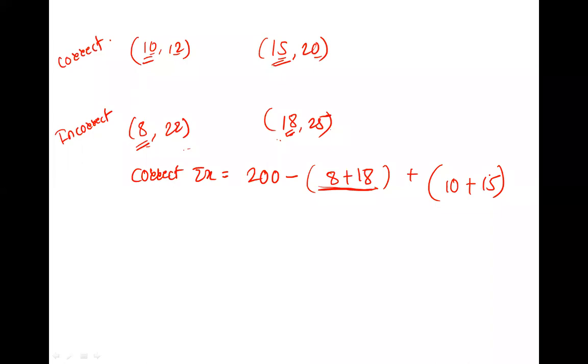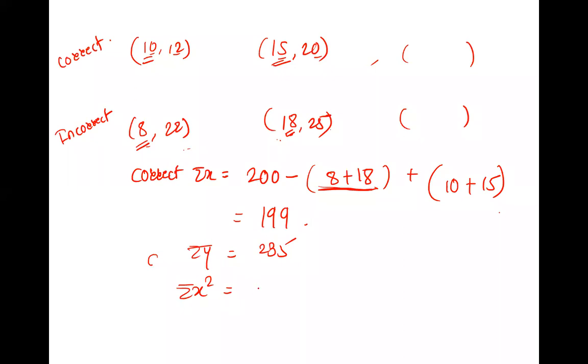If you did something else, please correct it here. As there are two numbers given, you will add them first. If there is one more also, then you will add it here. Three numbers, whatever. As there are two, you will add them first and then subtract and add whatever it is. So the correct summation x you got in this case is 199. Perfect. What is the correct summation y? 235. Perfect.